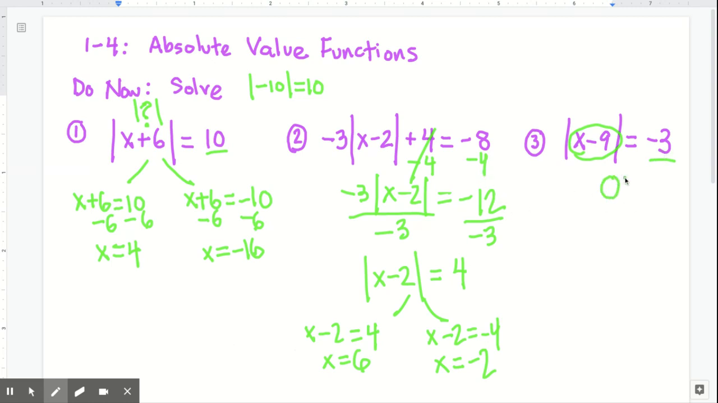It is a no solution. This problem doesn't make sense. Absolute values cannot equal negative numbers. And write that as a little note for yourself. Absolute values can't